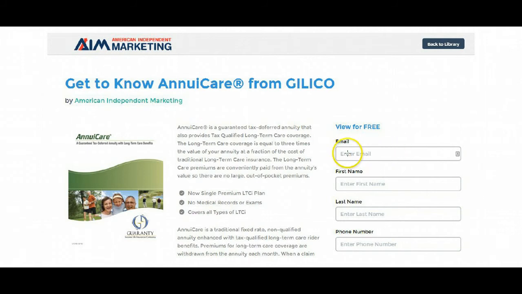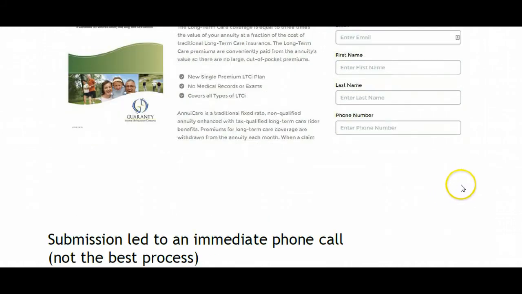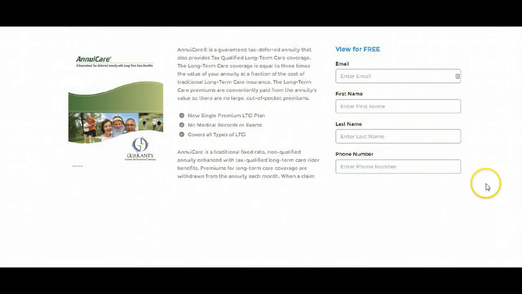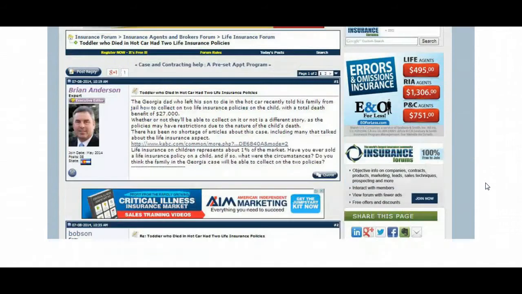So we actually went ahead and filled this out to see what our response would be, and we got an immediate phone call, really within about 5 minutes. It's actually not the best way to do it, but clearly they're tied into their marketing pretty tightly. Again, that's not the best way to do it. Okay, so we kept refreshing the page,